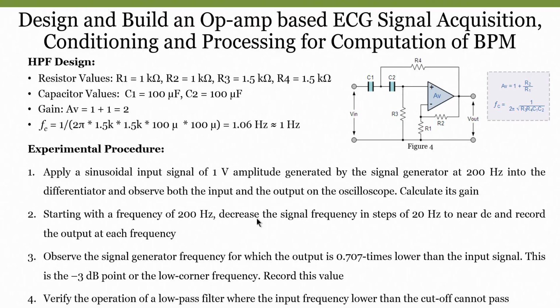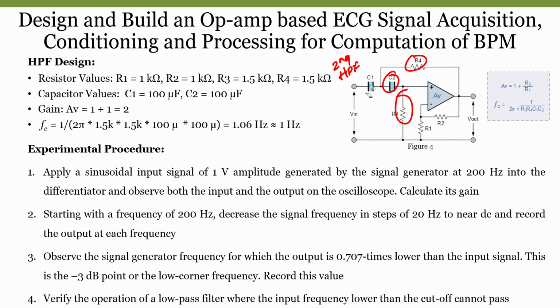Previously we have seen the first order low pass filter. Now, this is our second order high pass filter. Why is this called second order? When we see two combinations of R and C pairs, that is second order. If I have one combination of C and R, it is called a first order high pass filter. If I have two combinations, this is called a second order high pass filter.